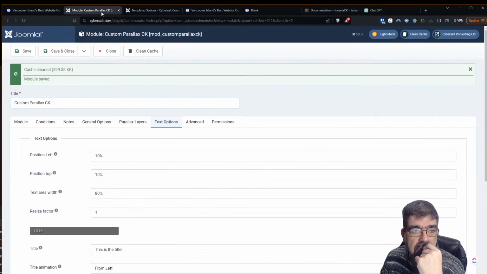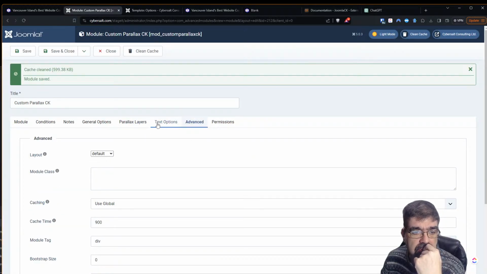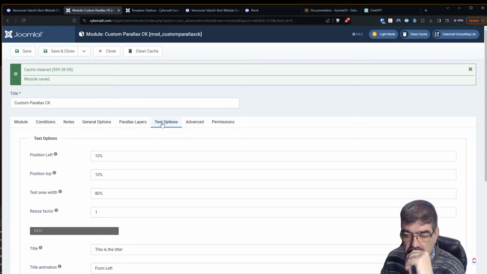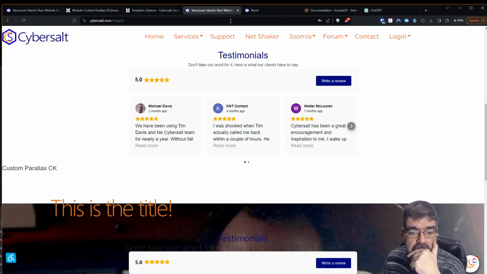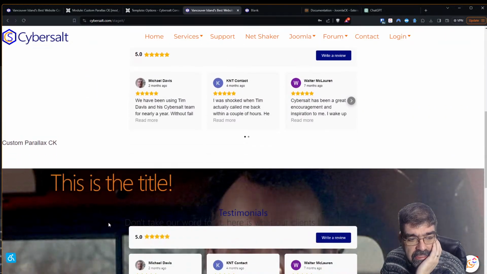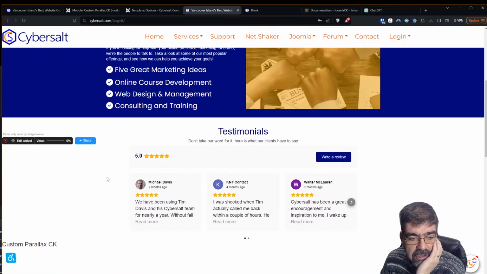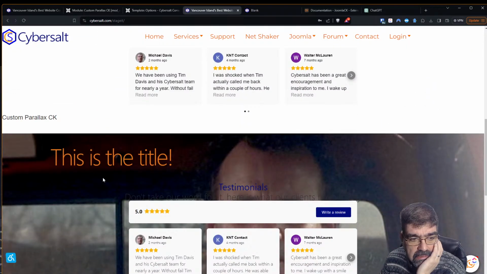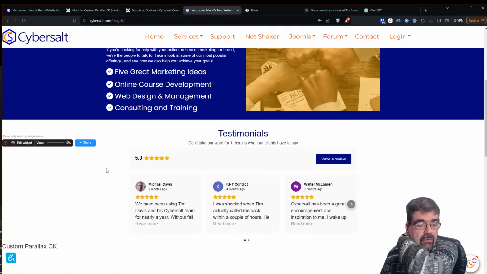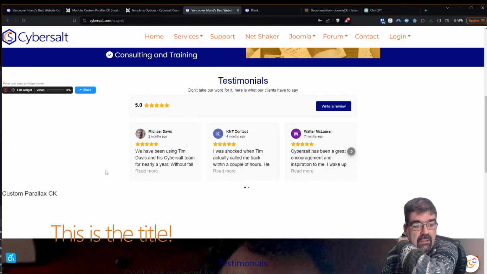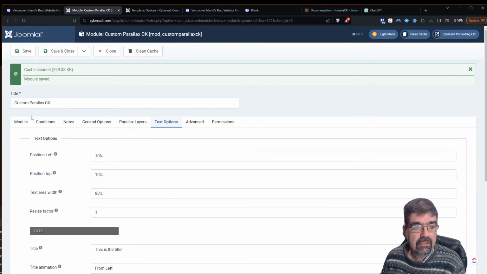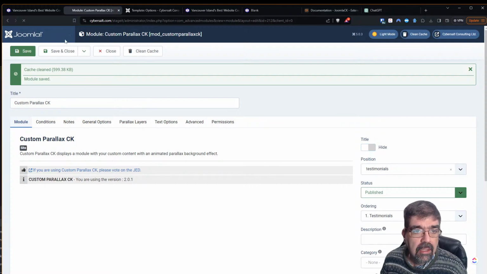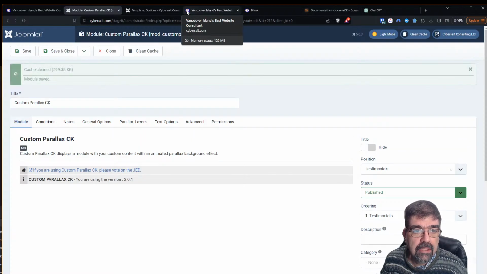All right, well, let's see. Any other options here? Advanced permissions. No, that's it there. Oh, does the background image need to be bigger or higher? You mean, for this? No, I think that this is the starting position of this text. Plus, it's also coming in from the top. Which I suppose would be fine if you're scrolling down, it pops in, and here, let's turn off the title for that too. That module, maybe. I don't think that'll have an impact on it, but